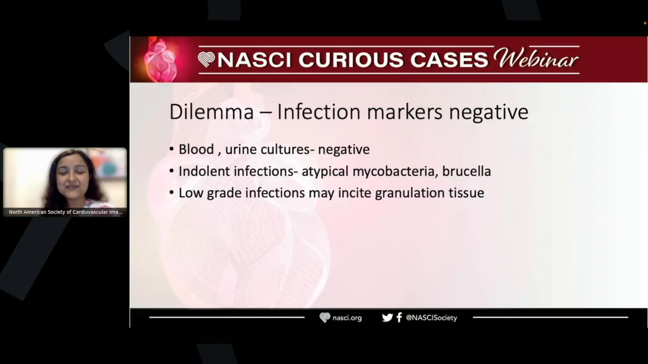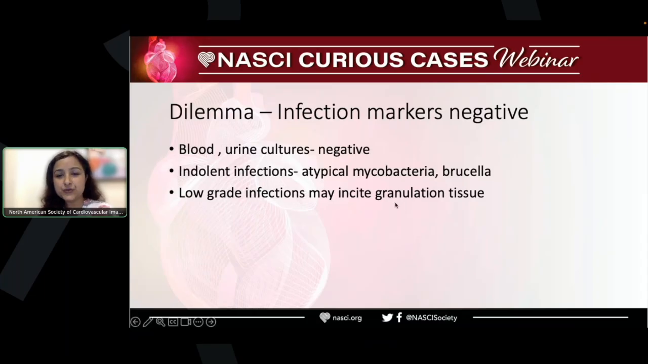So yeah, that was a dilemma. The situation I mentioned: absent the normal lab parameters, but with findings of infection or inflammation on the imaging, that can happen in some indolent infections, like atypical mycobacteria, brucella, or actinomyces. These low grade infections can incite chronic granulation